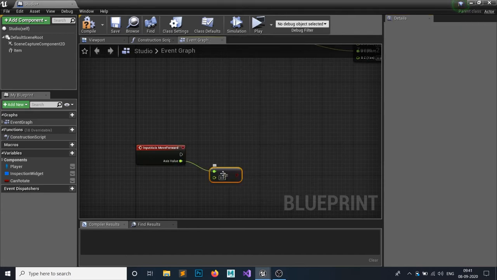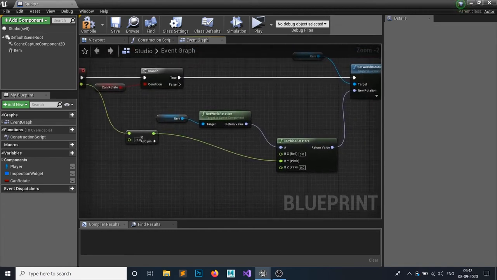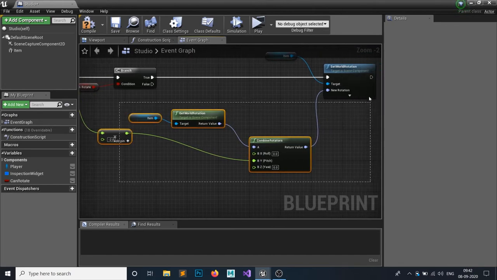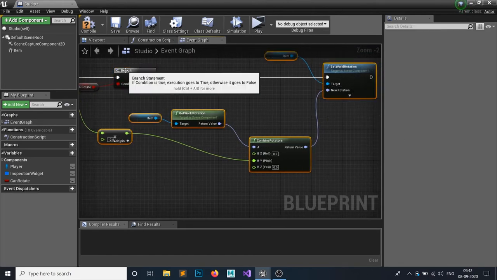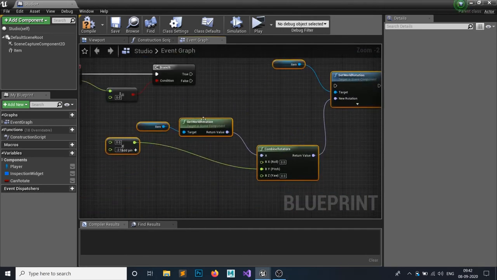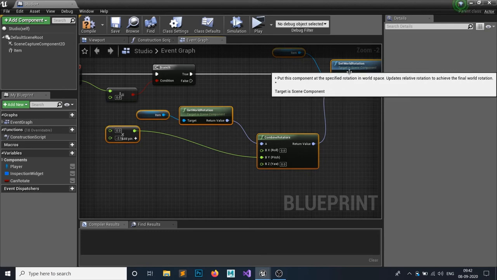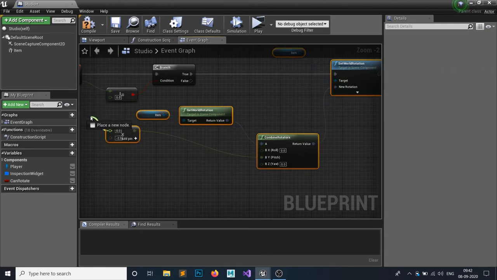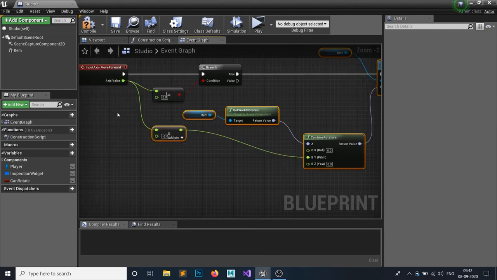If it's equal to 0, then we haven't pressed W or S. So add a branch, and if it's not equal to 0, then we're going to rotate. Just copy all of this, not the branch, attach this to the true part and attach this node to our axis value.